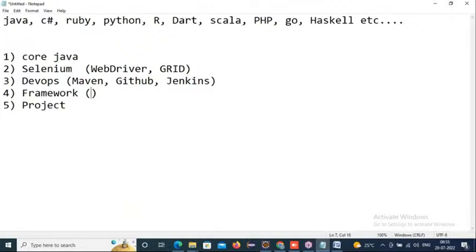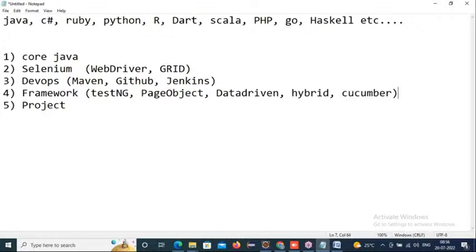These are the three components we cover in DevOps. And coming to frameworks, we will cover TestNG, Page Object Model, and data-driven, and lastly we do the project. And the benefits you get: